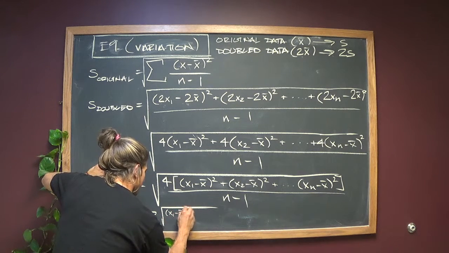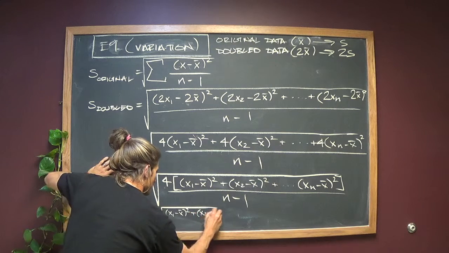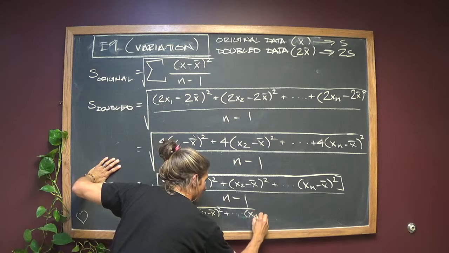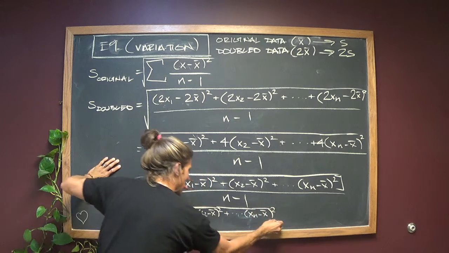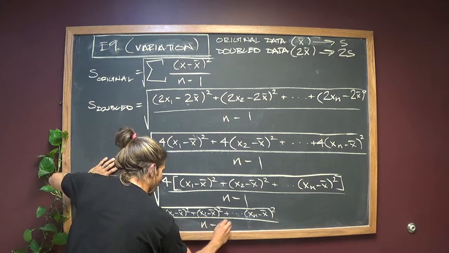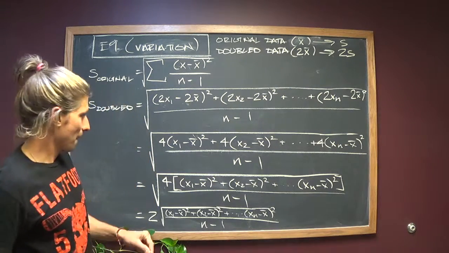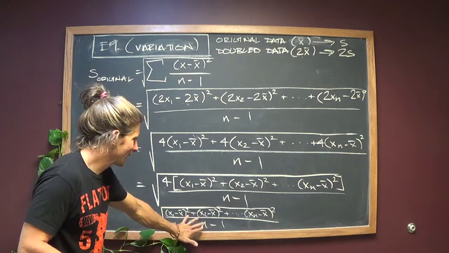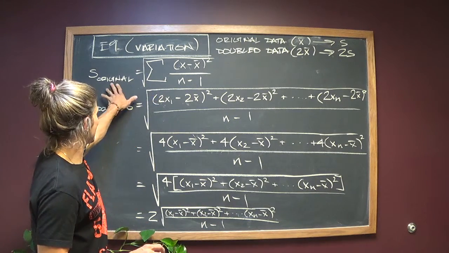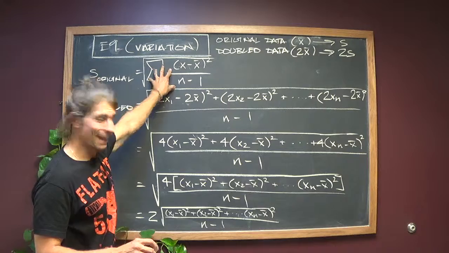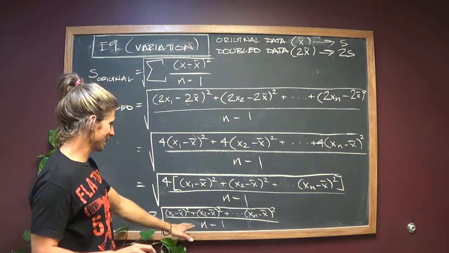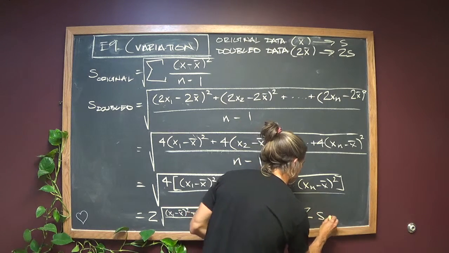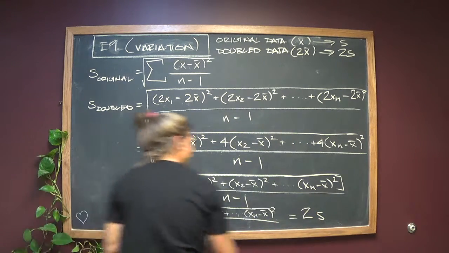(x1 minus x bar) squared plus (x2 minus x bar) squared plus dot dot dot (xn minus x bar) squared, all over n minus 1. And then we're done, because this whole quantity right here is simply the standard deviation of the original data. It's the sum of the squares of all the deviations divided by n minus 1 and radicalized. So it's equal to 2 s's, which brings us right back